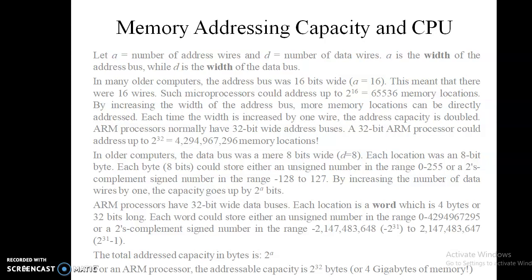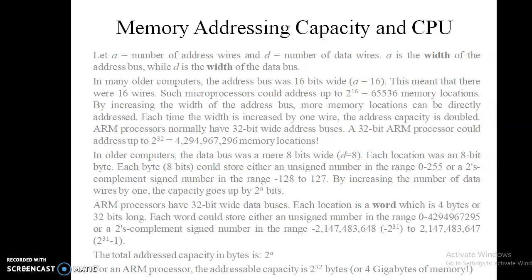Let A be equal to the number of address wires and D be equal to the number of data wires. Data means what is carried from one port to another port. The wire that carries the data is the data wire. Address wire means from which address the data is carried. That is, A is the width of the address bus, D is the width of the data bus. Width means number of